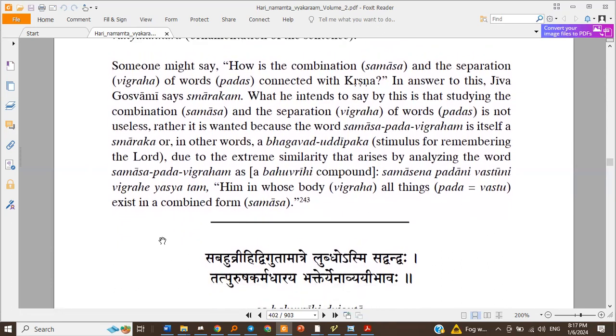Like tat tvam asi. That's another one. Asi is a verb, so that's different. Now tat tvam asi, tat is not a samasa. Tat tvam asi, that you are. I've heard that the Vaishnava acharyas say it's tasya tvam asi. They make the samasa explanations. Okay, tattvam could be referred to as a samasa. True.